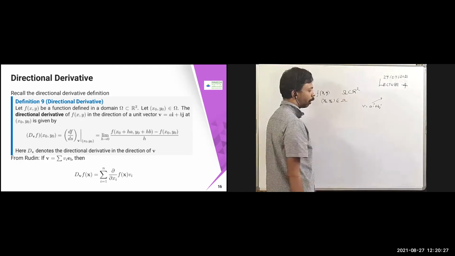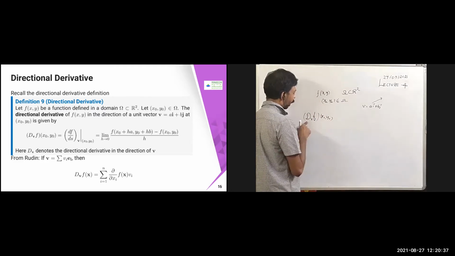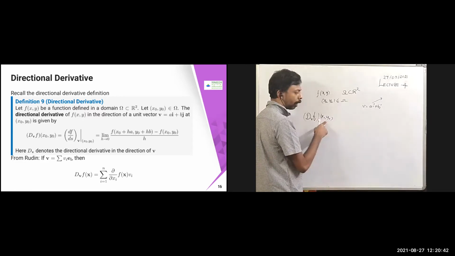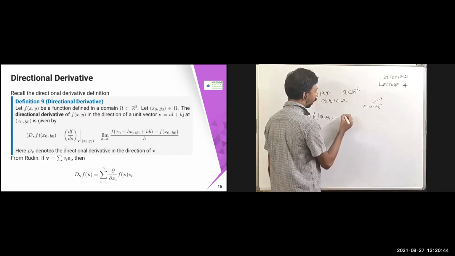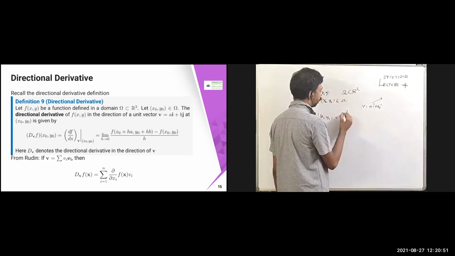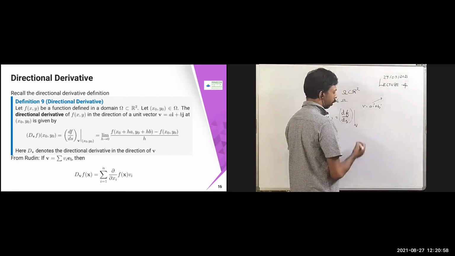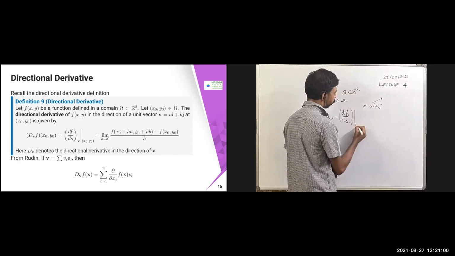This point I'm going to define as follows. I just denote it as D_v of f at x naught comma y naught. So it's a directional derivative with respect to the unit vector v for the function f at the point x naught comma y naught. I'm going to define it as df by ds, not even dou f, df by ds, at v at x naught comma y naught.